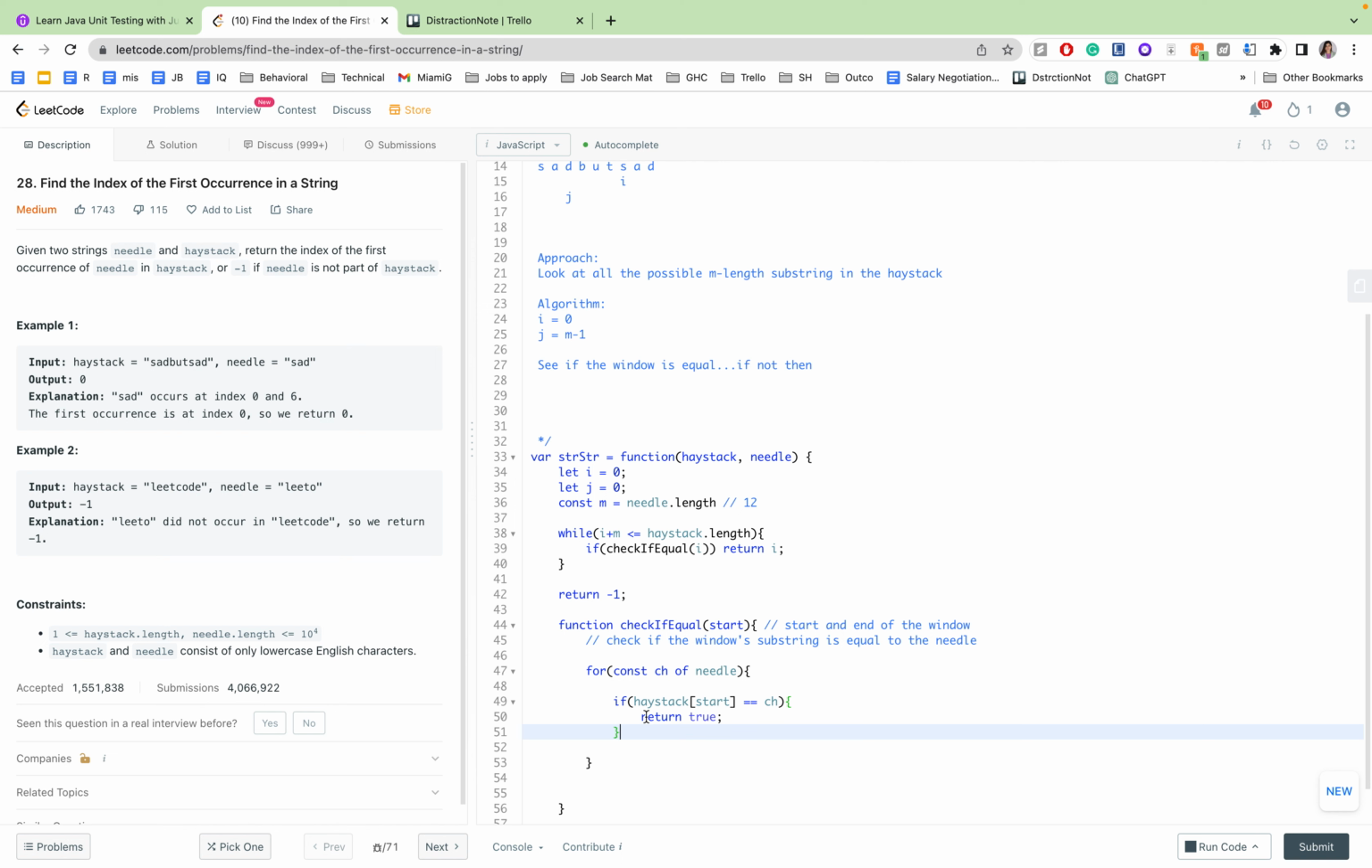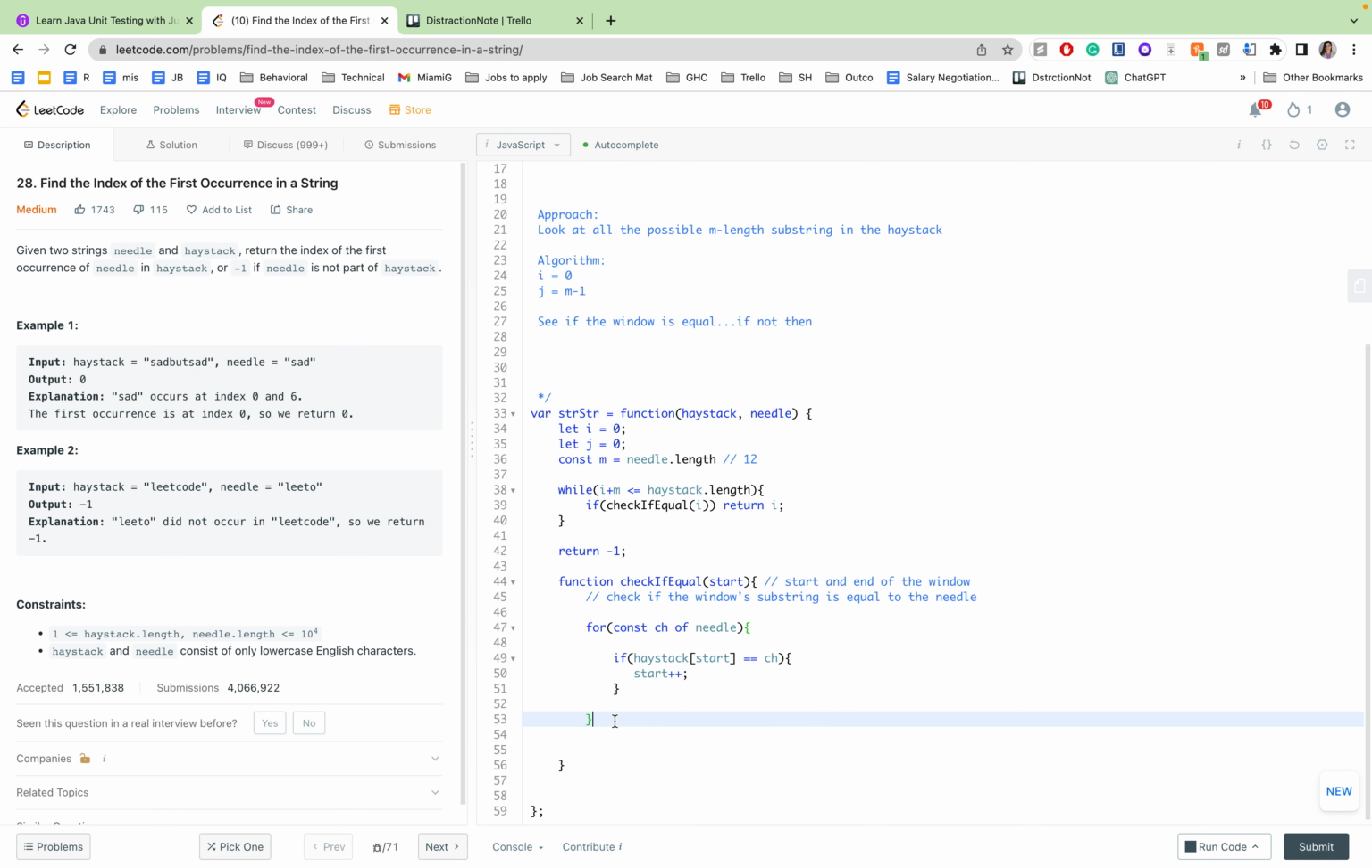No, then we should do start plus plus, continue doing start plus plus, right? If it is not equal, then we should return false. Otherwise at last we should return true. So it means that